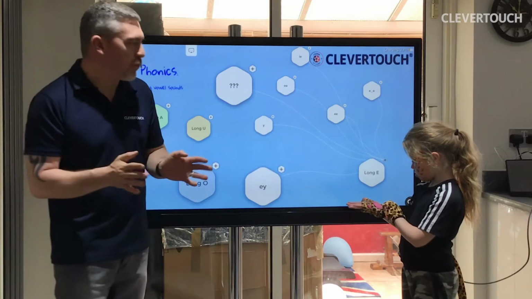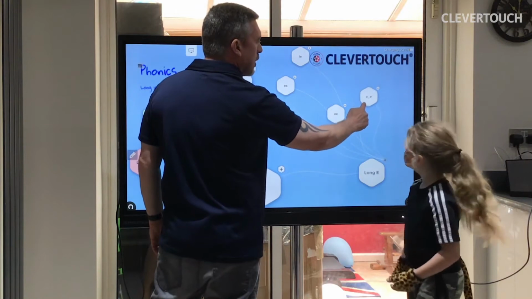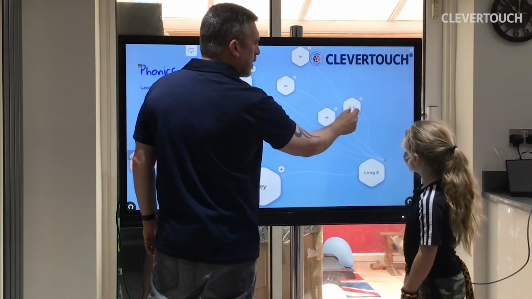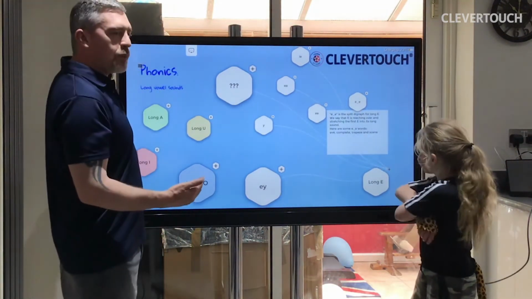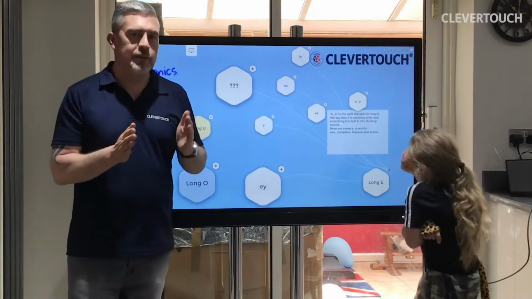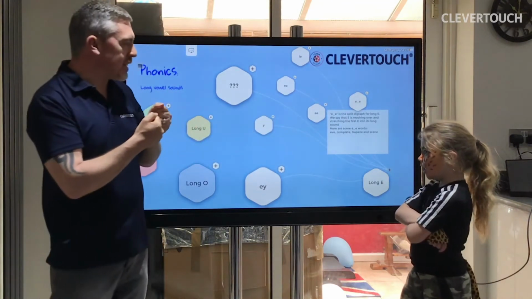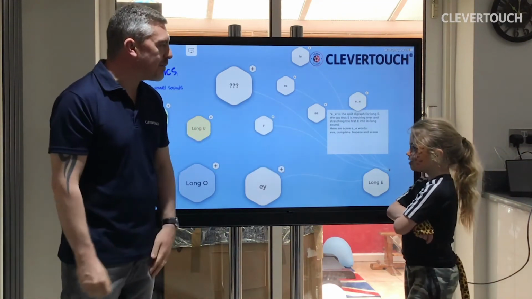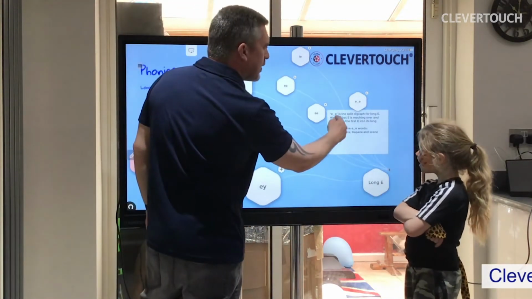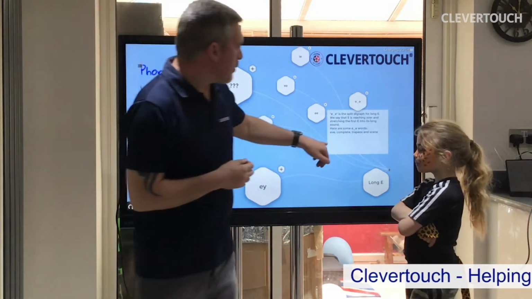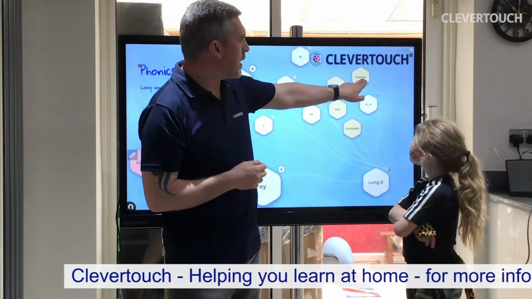So double E is the main way that people learn first about how to spell the long E sound. I can see two E's here as well, look. What's that all about, Tallulah? It's a split digraph, that's right. That is when the letters are separated by a consonant, but the magic E can reach around, stretch the letter and make it say the long sound. What's our sound today? E, that's right. Very good on the job there, Cheetah Tallulah. Okay, so this one is used for lots of words like complete and trapeze. Here's some examples. There's trapeze,